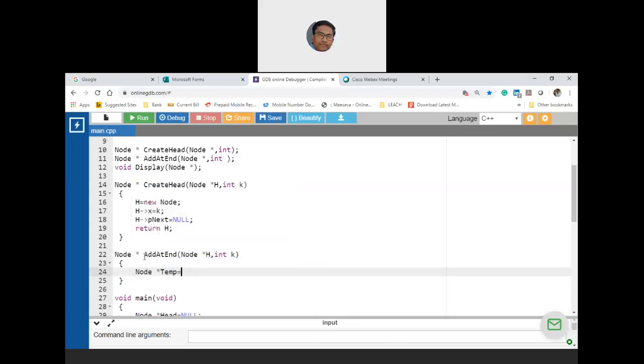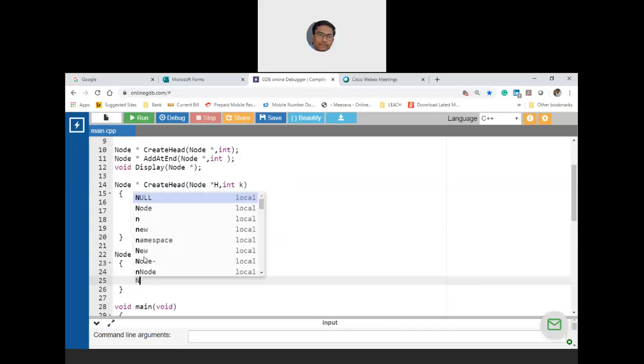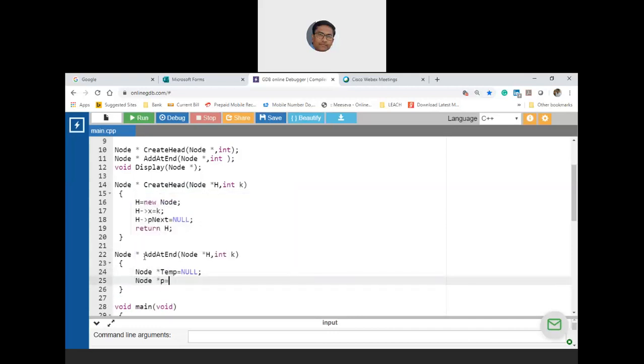Temp is equal to null. I already have head, but I should not corrupt head. So node star p pointing to head, which I can take in a for loop, such that while p arrow next is not null, I will change p to p arrow pointer to next node, with a bodiless loop.